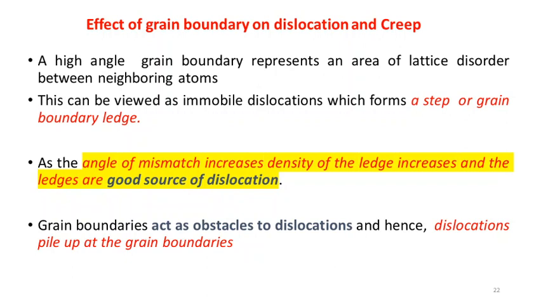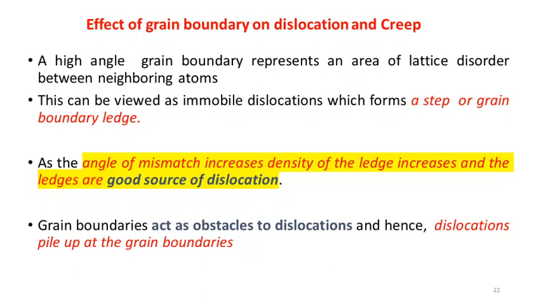In the grain boundary, the dislocations or defects happening in the material will pile up, or get accumulated in the grain boundaries. That is one effect of the grain boundary. It is the region where the dislocations or defects occurring in the material accumulate or pile up. They can also act as a region where new dislocations or defects are generated, so they can act as a source of dislocations or defects.